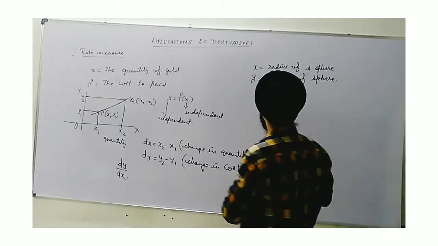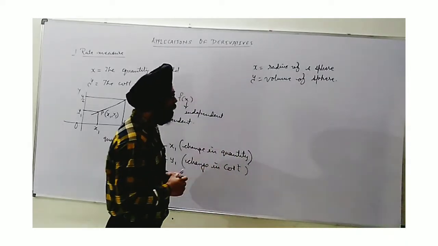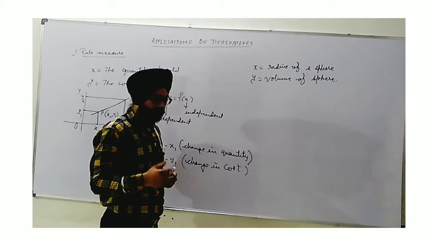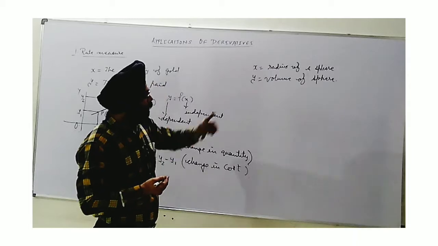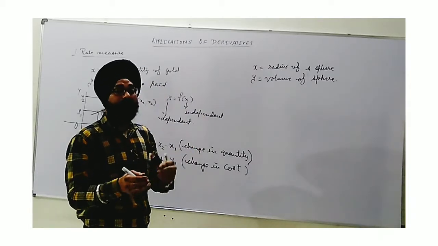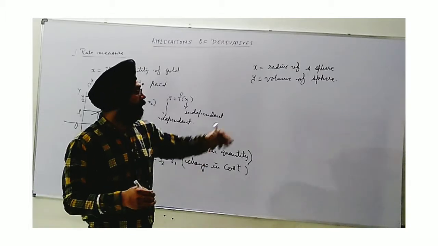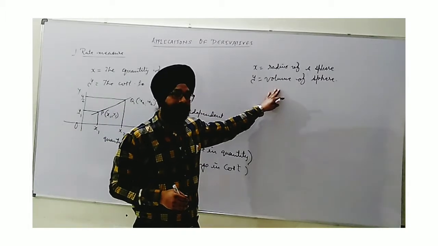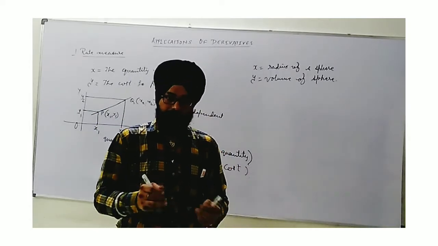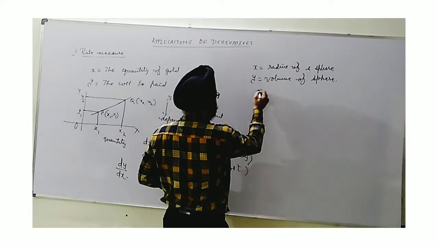If I want to see the change in volume with respect to radius, what does it mean? It means that whenever the radius of the sphere increases or decreases, how does it affect the volume of the sphere? Obviously, we know very well this is a sphere. So when I increase the radius, if I consider